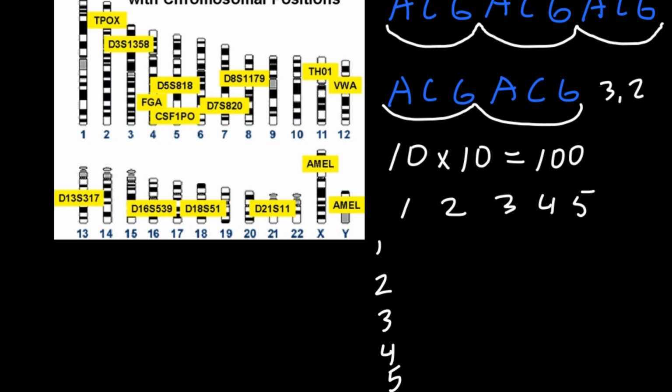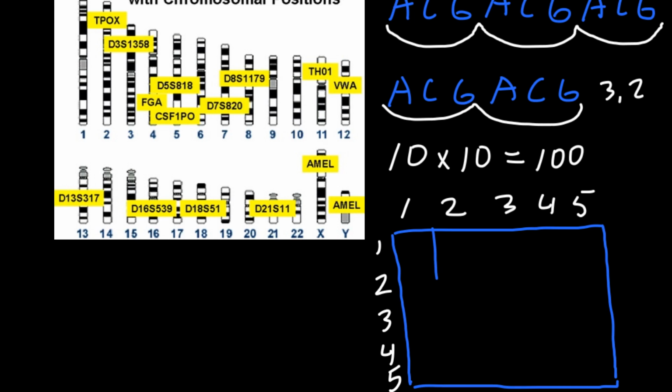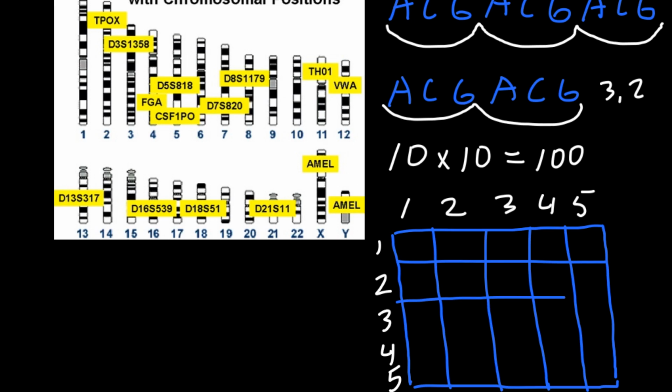So here we may have, one second, let me draw a table. This is going to be 5 by 5, so 25 cells, 25 combinations,